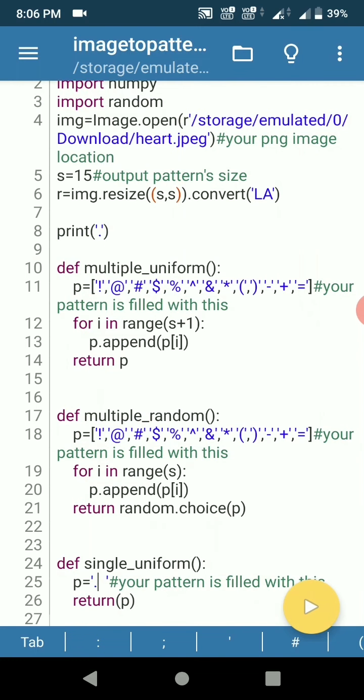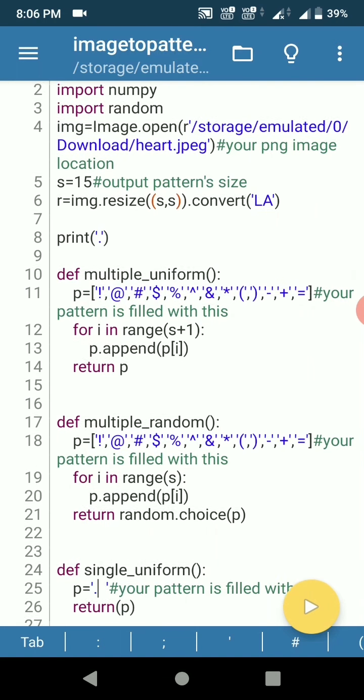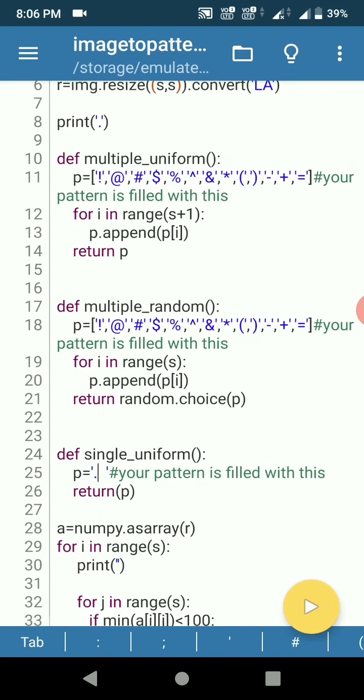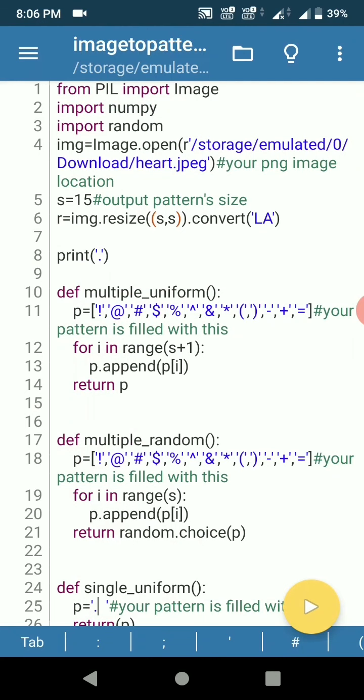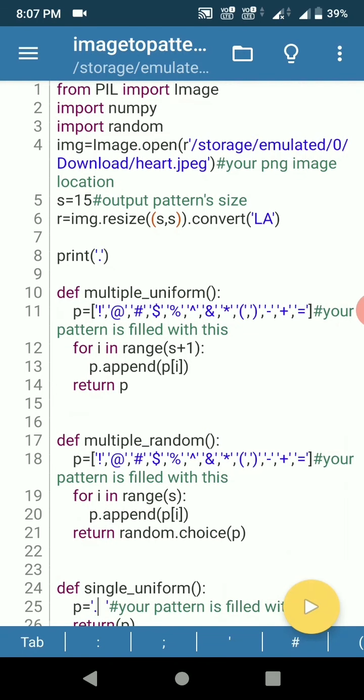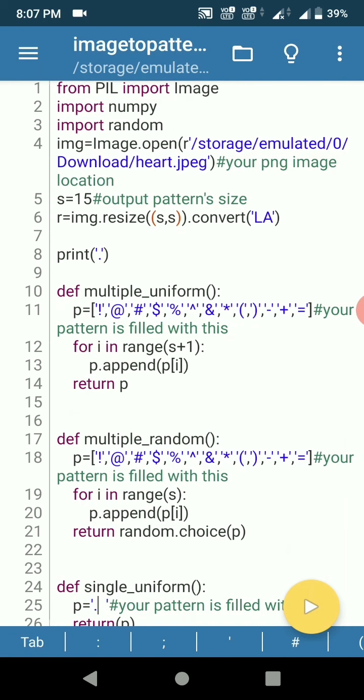Usually I use my PC to do coding, but now I am using the mobile IDE Pydroid because I hope all of you will be using your social media on your mobile. If you don't know what Pydroid is, that's not a problem, you can use a PC. I will post this source code in the description, but if you want to use it on mobile, a Pydroid tutorial is available in the description, check it out. Before explaining the code, I am going to show you the output.